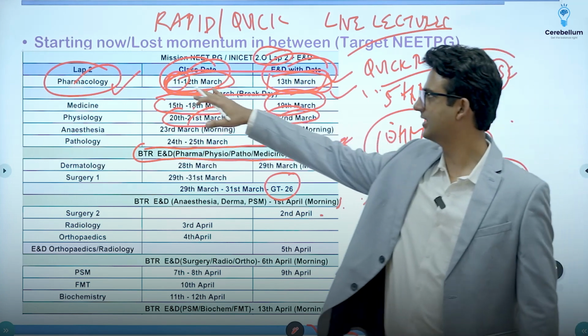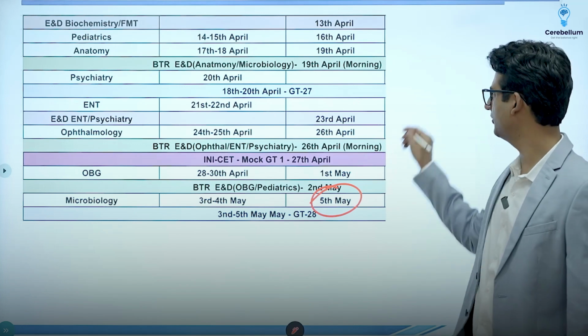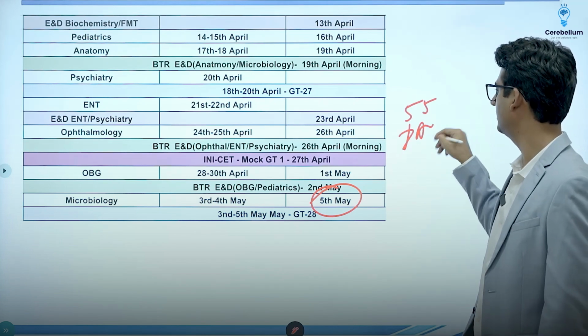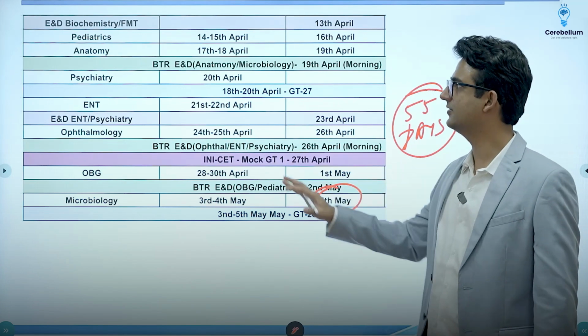So, in this way, starting from 11th of March till 5th of May, almost 55 days, we complete the course and we have completed it nicely. If you look at the number of days given to all the subjects,